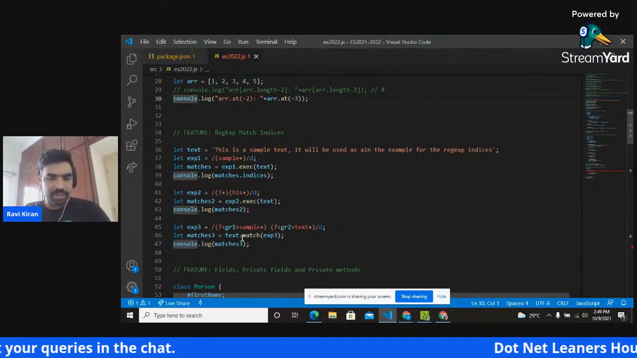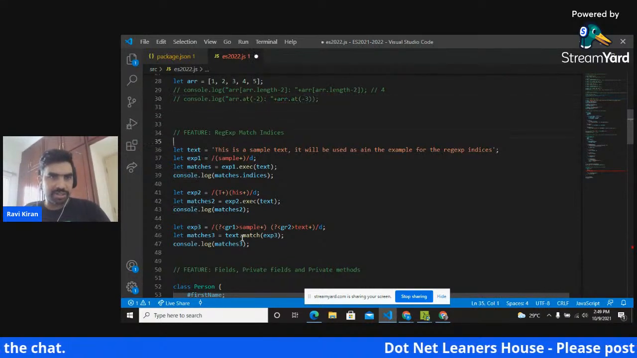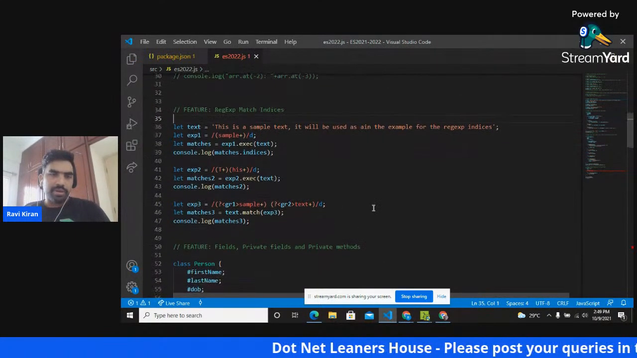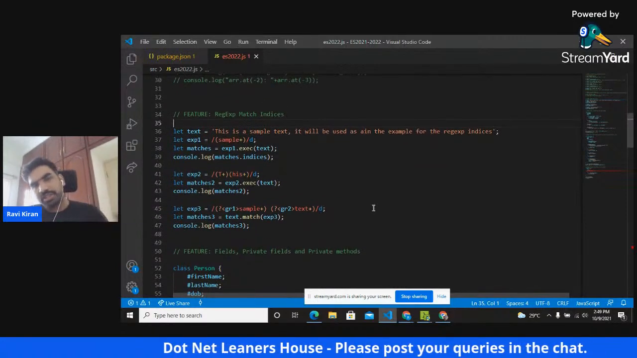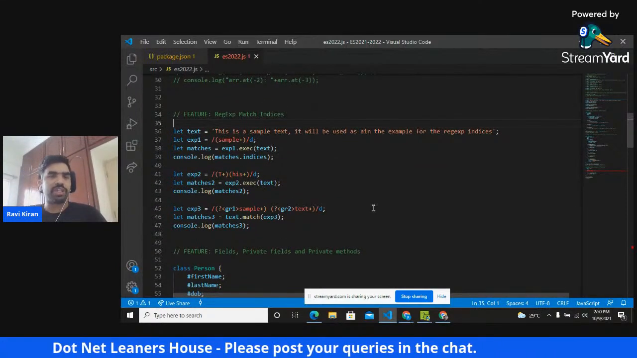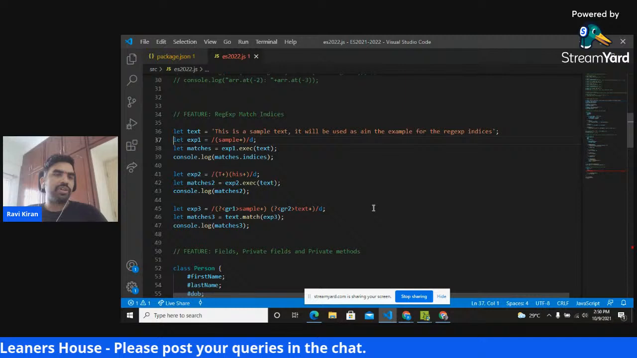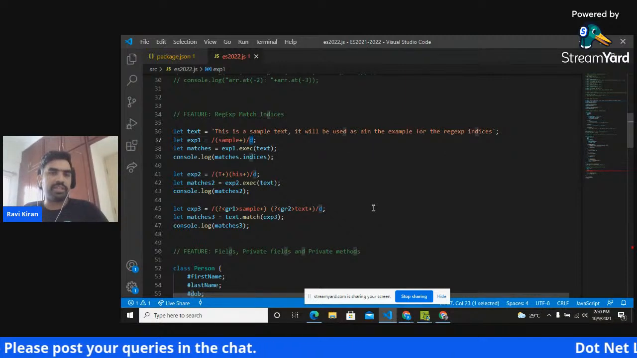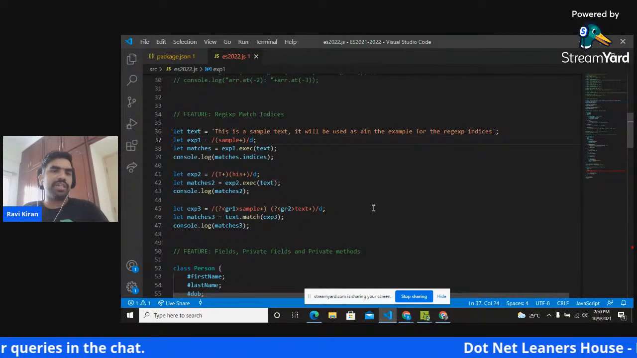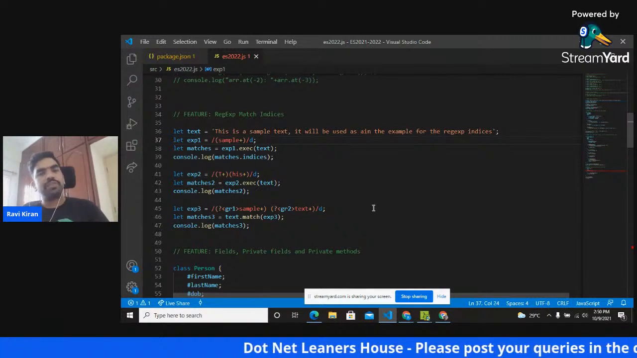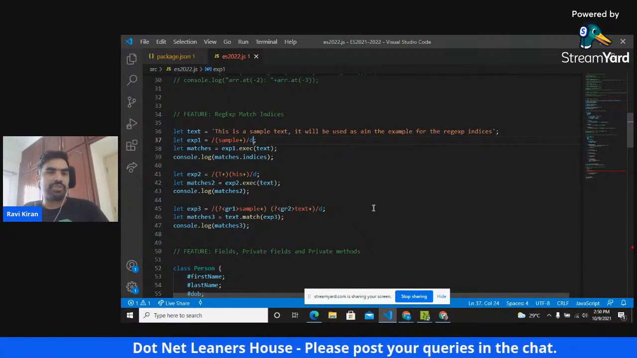Yeah. So the next feature is the regex match indices. To the existing feature of regular expressions in JavaScript, now we got this flag d added in the end. The d stands for indices. So what this is going to do is, if you have the flag d added to the end of your regex,